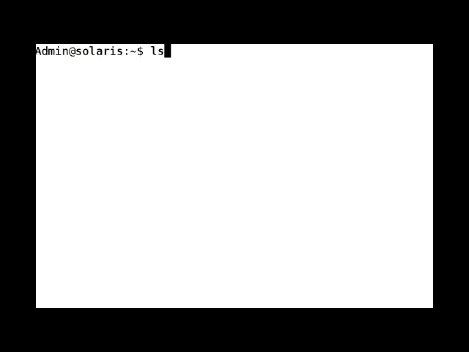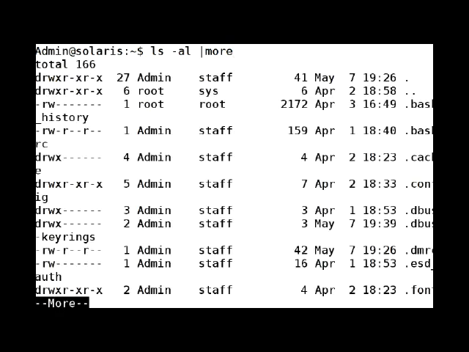If I go ls, that means list, -al are the options. I'm going to list all the files inside with the information. But I'm going to do this. I'm going to type in the concept called pipe. Pipe is basically a straight up and down line. On my keyboard, it is on the extreme right hand side just above the enter key. And if I type in more right afterwards and I press enter, what it does is it only shows enough